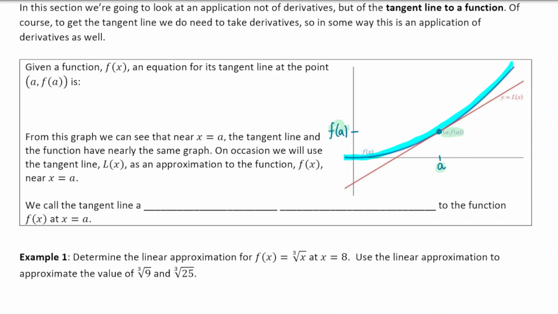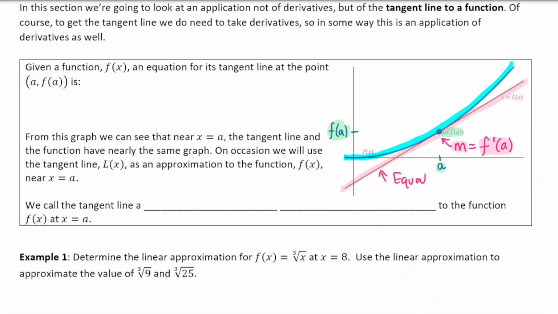Now we also have a slope at that point. The slope of the tangent line would be f prime at a. So the slope of this pink line that I'm highlighting here would be f prime at a. So if I want to write an equation for that pink line,